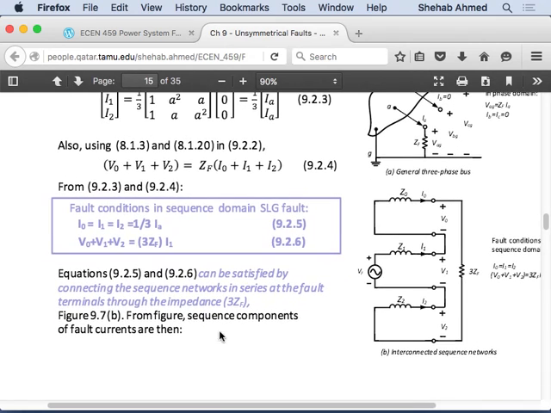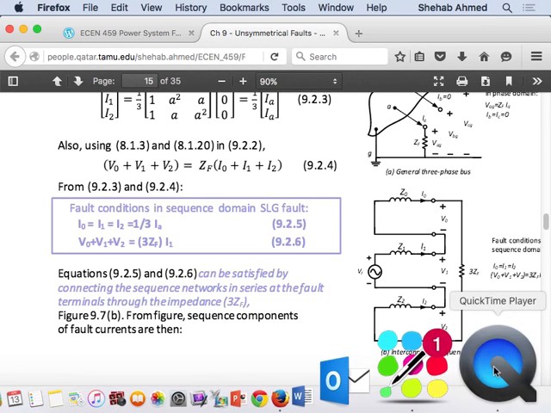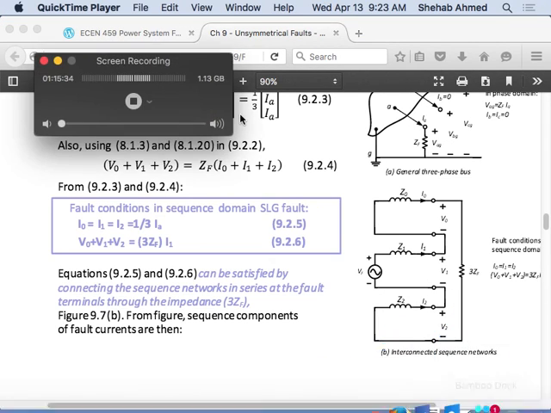And these output conditions, we will formulate them into a circuit connection between the sequence networks. So if you have the sequence networks from the Thevenin equivalence, then you just apply. This is what you apply when you have a single line to ground fault. This is what you apply when you have a double line to ground fault. And this is also in your equation sheet, which is in front of Sarah, so she can tell us everything about it next time. So we'll stop here, and we will wrap up this